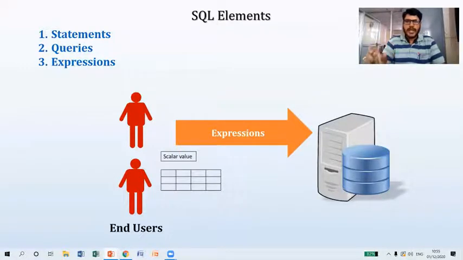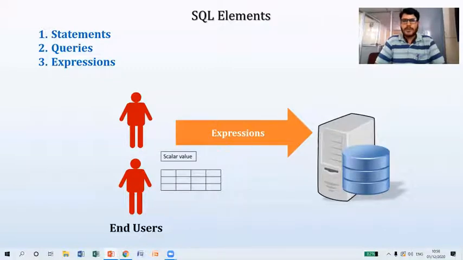To calculate 2 plus 2, this is the expression I want to find the value for. This is the expression I'm going to pass to RDBMS software. RDBMS software will accept the expression, perform certain tasks, and return the value as a response. Sometimes my expression may return a single value, which is called a scalar value.